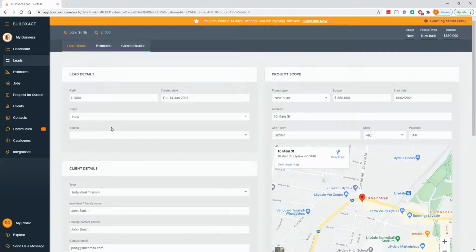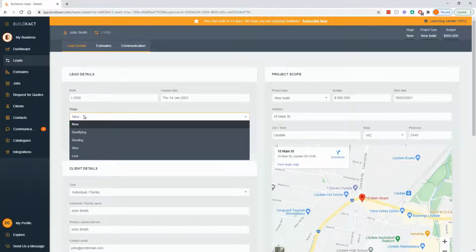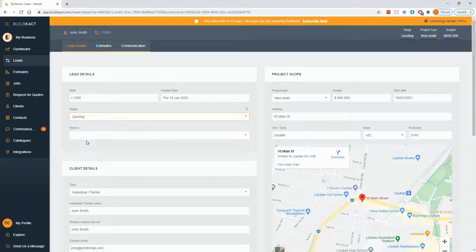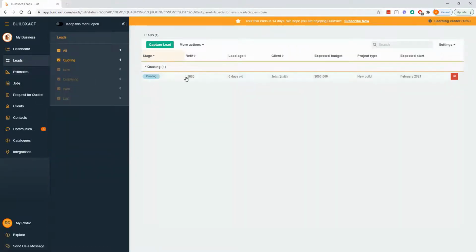Moving up to the top, two other key points here. With the stage, or status as it's called in other areas of the software as well, we'll have basically where this lead is up to. So this is for you to tell us where it's at. And the whole point of these stages or statuses pretty much anywhere in the software is if you go quoting, for example, and back to leads, we'll categorize it for you and we'll give you a bit of a numbers